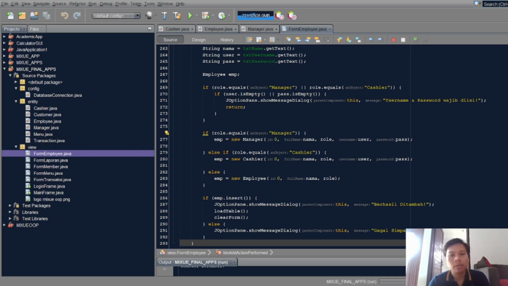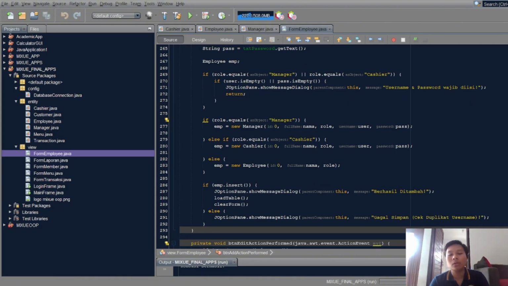If user is empty or pass is empty, show the message 'username pass wajib diisi' and return. That means if the user is empty or the password is empty, or if one or both are empty, this notification will show.